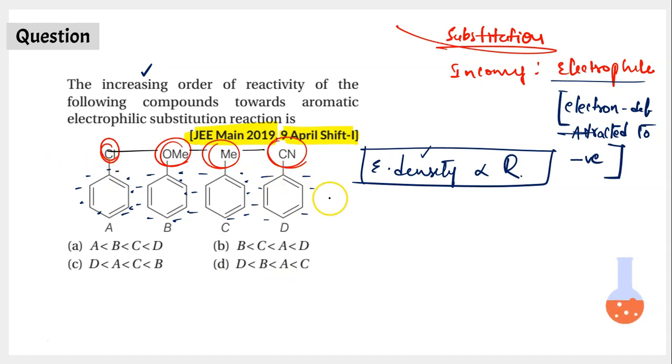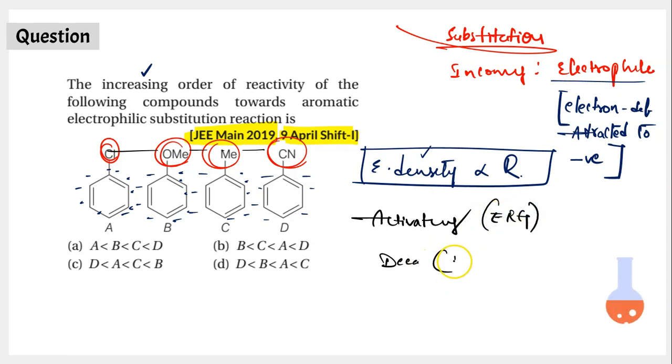The substituents that you have over here can be classified into 2 types. One is activating group and the other one is deactivating group. Activating groups are also called electron releasing groups, and deactivating groups are also called electron withdrawing groups. So out of the 4 substituents, the methyl group is an activating group. It donates electrons to benzene. Similarly, the chlorine is a deactivating group. It takes electrons from benzene. And then the methoxy group is an activating group and the cyano group is a deactivating group. So you have 2 activating groups and 2 deactivating groups here, isn't it?